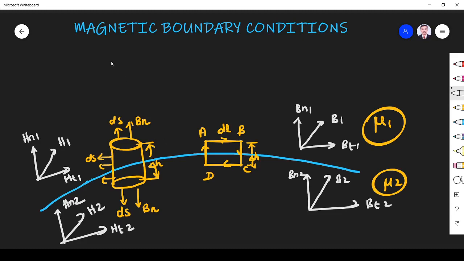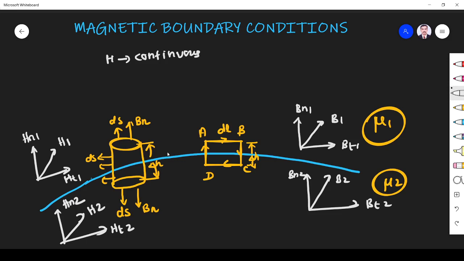We know that magnetic field is continuous in a single medium, right? So that is well known. But at the boundary between two different media, the magnetic field will change considerably. So what will happen at the boundary between the two media? What will happen to the magnetic field at the boundary between the two media, that we are going to see